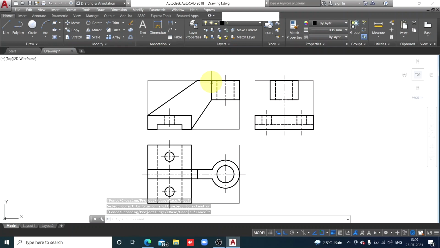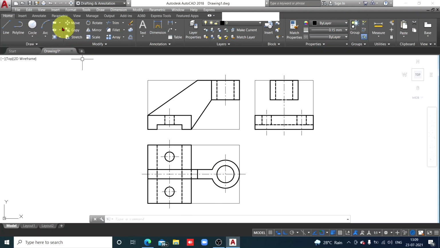Try to understand. There is a curved edge at the top of the cylinder, this edge. Now you have understood why we have erased this edge here, because this top strip like surface of the plate and ring like surface of the cylinder, that is this surface, they meet tangentially, and that is why there is no edge here. But at the bottom of the cylinder there is again a circular edge, and here it is not a tangential joint. This lower surface, bottom surface of the plate and bottom surface of the cylinder, they are not meeting tangentially. So there is still a circular edge here, but at the bottom, that means it is hidden.